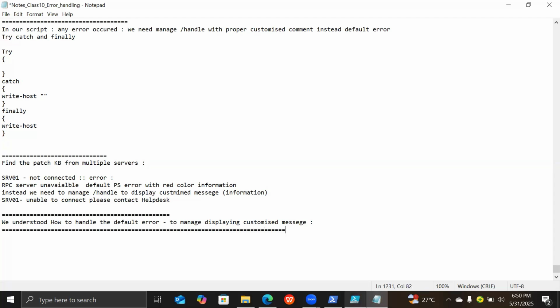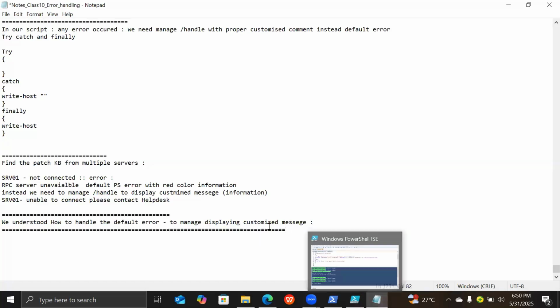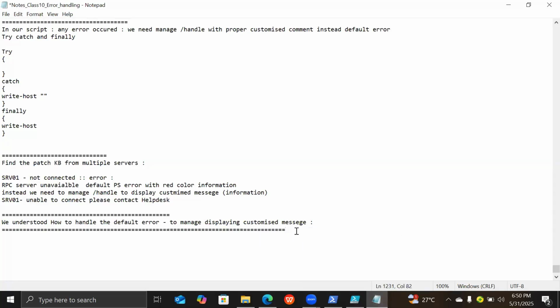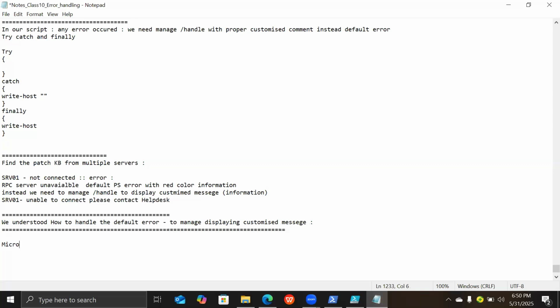So we understood, we use it, and whatever the server, we know that the server was not able to, but I don't know what error would be occurring, right? So when you are developing, you know that if something happens, some error occurred, we should put that exception. So Microsoft, remember, the PowerShell developer who started this, she has already tested all the cases, and each error, no matter what kind of script you're writing,